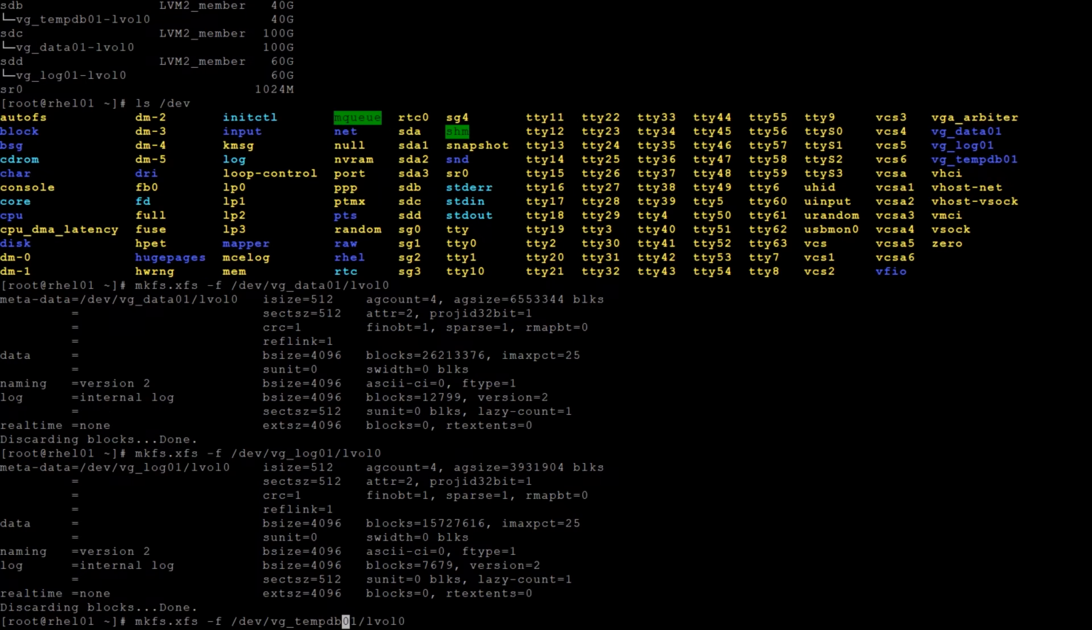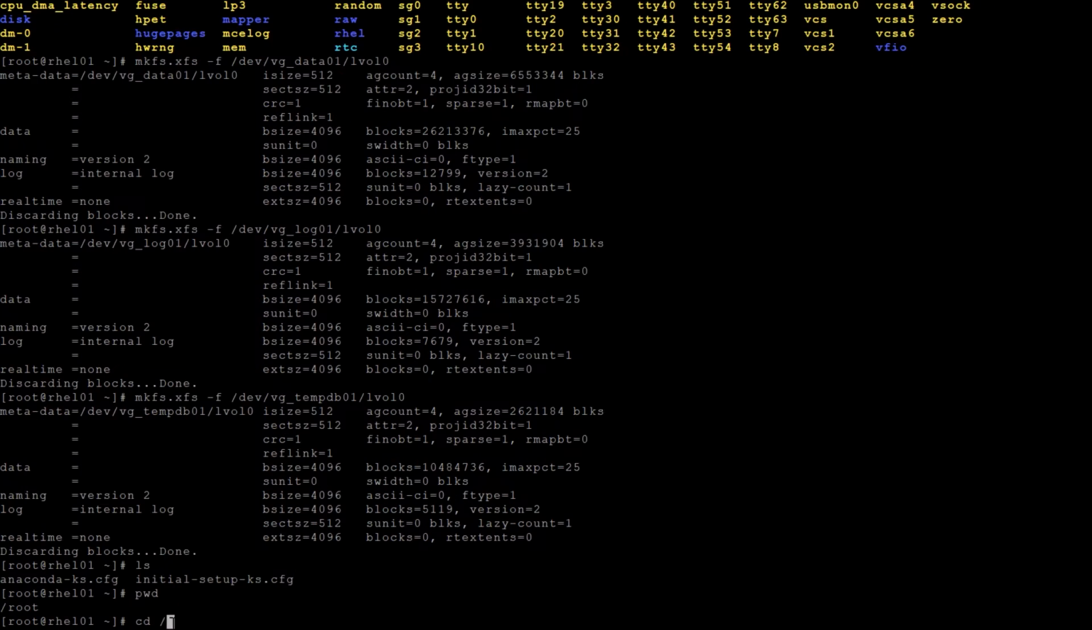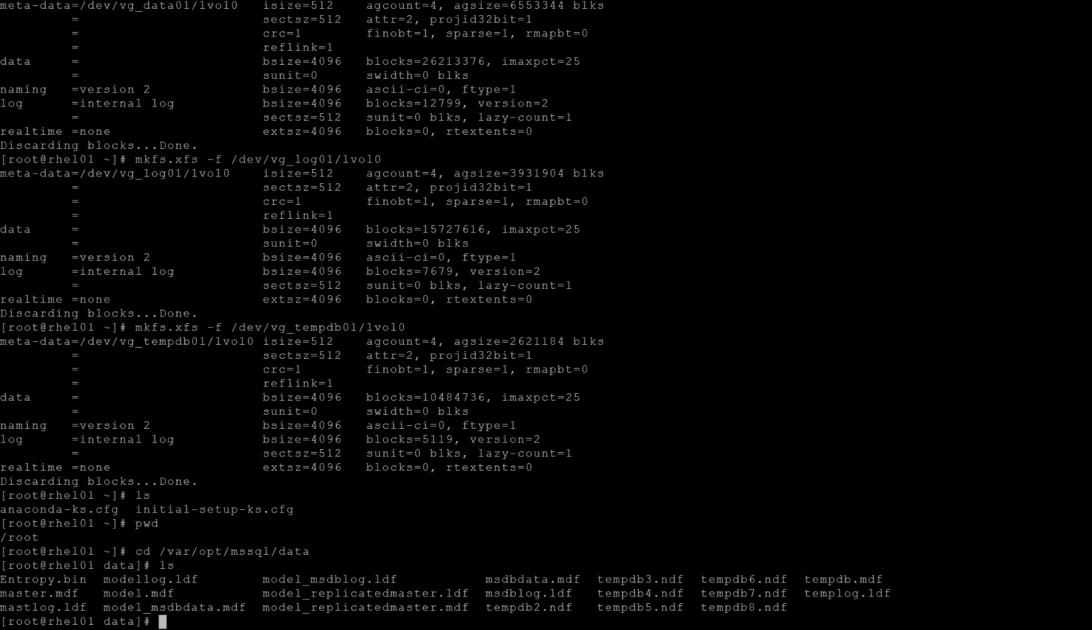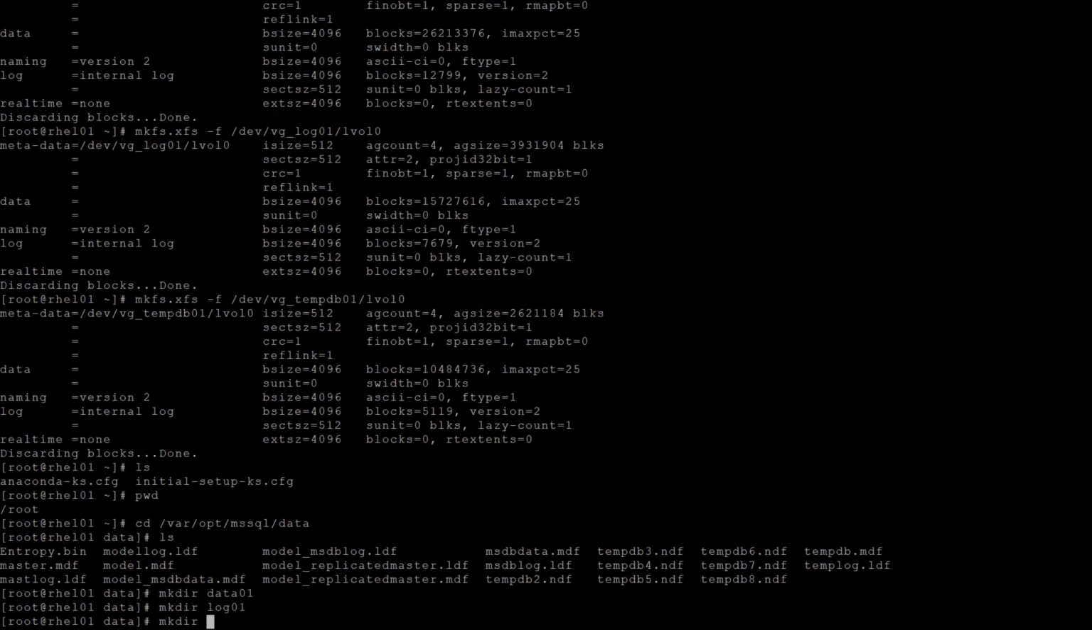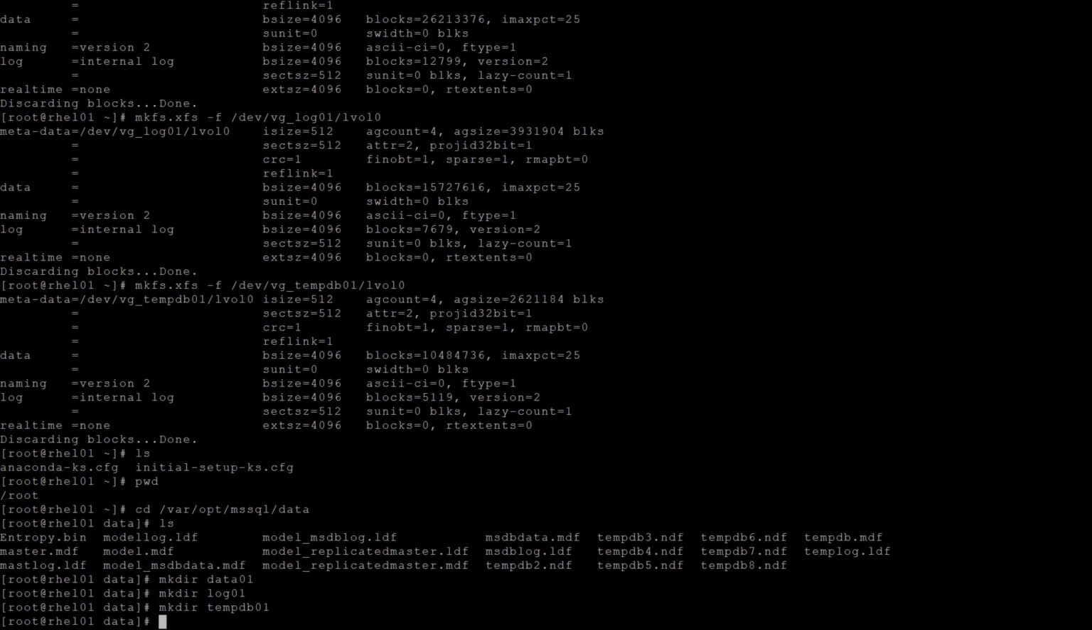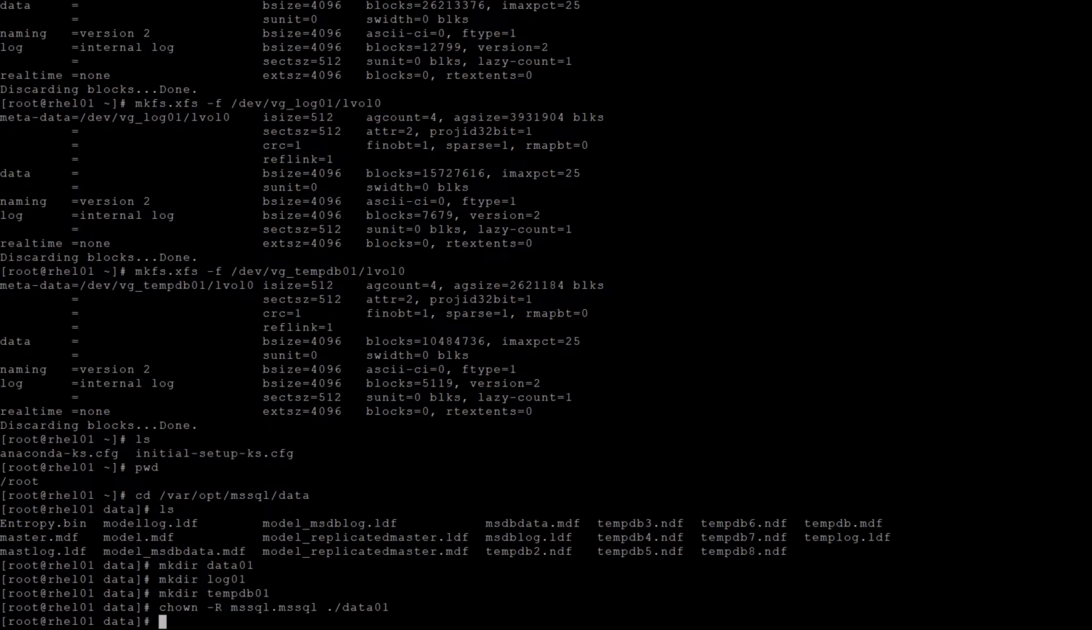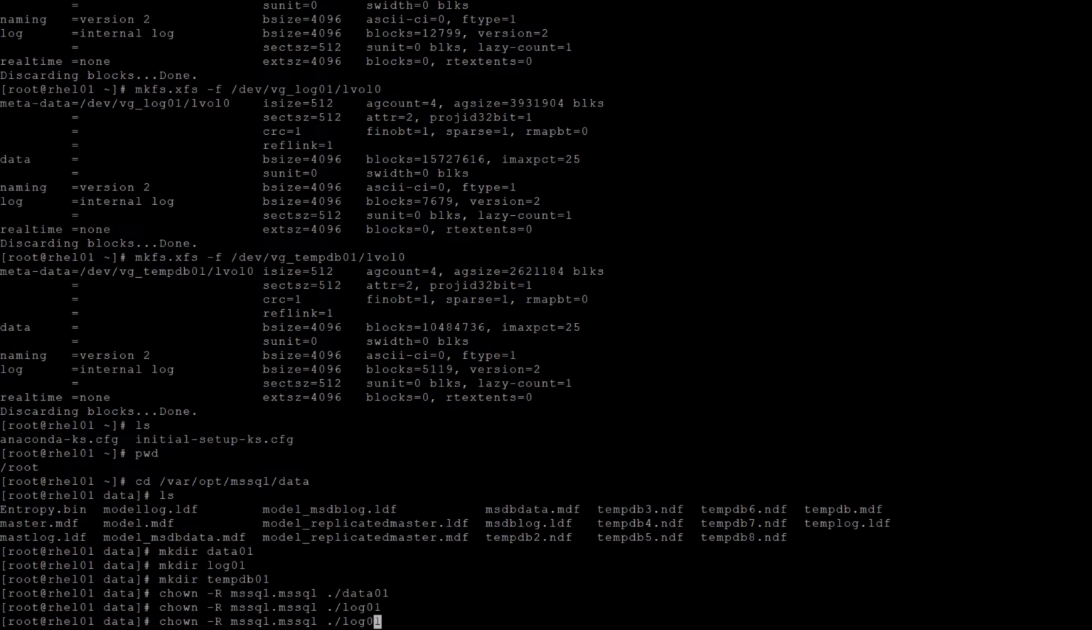Now we're going to go into the SQL Server root folder, and we're going to make folders here that correspond to each of those volume groups. So data01, log01, tempdb01. We're going to change our owner with a recursive parameter to mssql:mssql. That's our user and our group, and we're going to do that for each of these 3 folders. Linux is really strongly secured, so this makes sure that our service account, the SQL Server service, can actually access